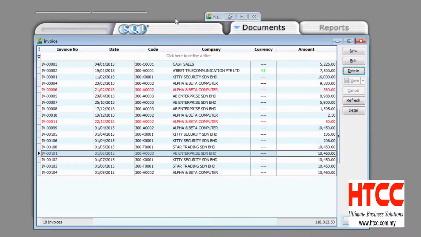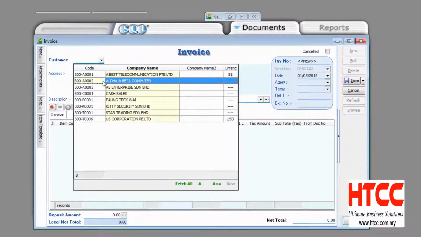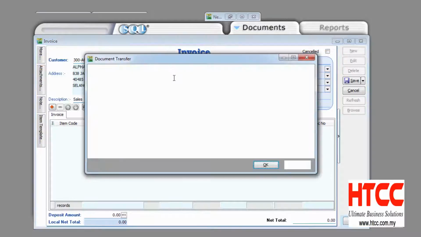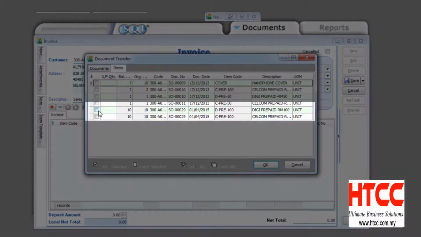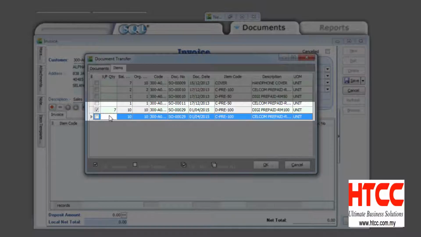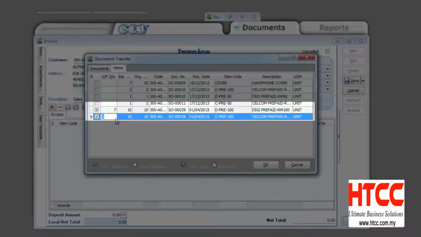Next, we go to an invoice. Let's make the presumption that now this sales order is going to be converted to two invoices. We're going to manually, purposely input a unique number to this invoice XXX and transfer from the sales order to an invoice using the transfer module, and we're going to make it a little bit more difficult by keying in a partial delivery. So 7 units were delivered to this invoice and 3 units to this invoice, with 2 different items from the same sales order number